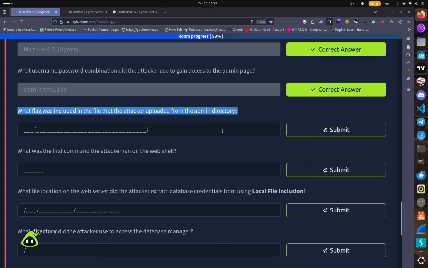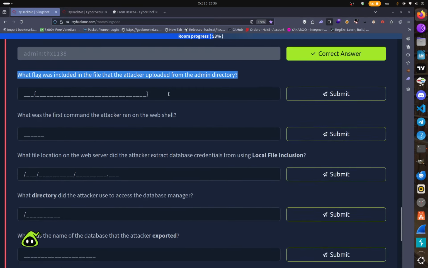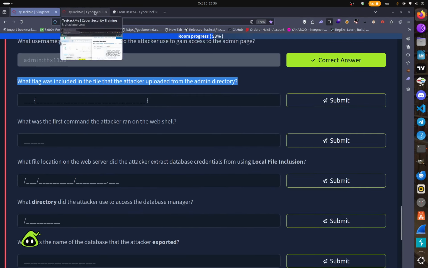What flag was included in the file the attacker uploaded from the admin directory? So after the attacker managed to log into the administration panel, what they want to do now is upload a reverse shell. So here we want to discover first the upload directory in the web server. So to do that, we're gonna go back,